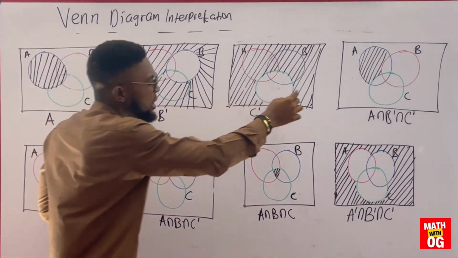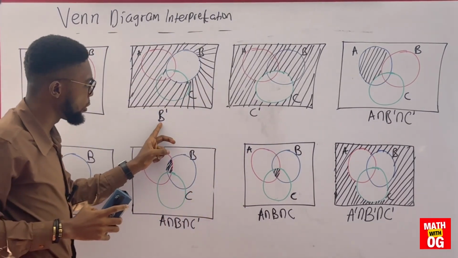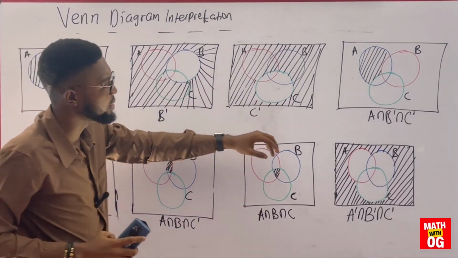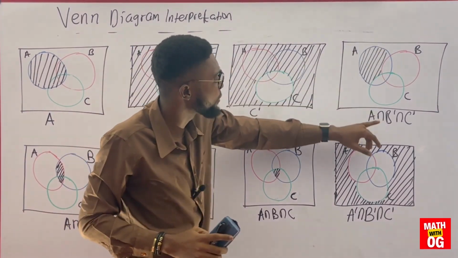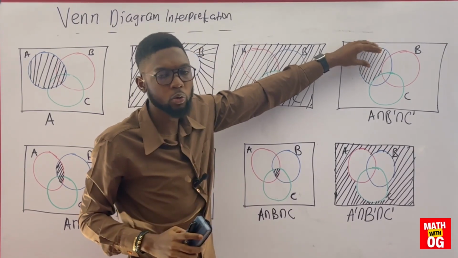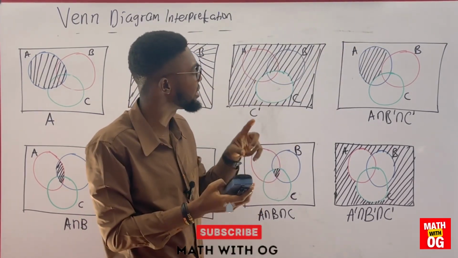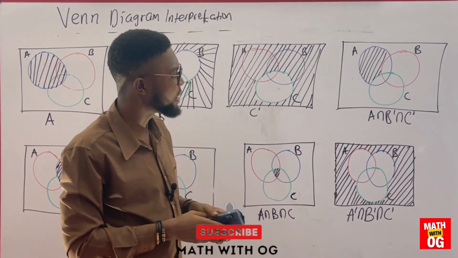So this part here is the intersection of A, B complement, and C complement. This part here is the intersection of A, B complement, and C complement. That means this part is common to A, B complement, and C complement. So in similar fashion,